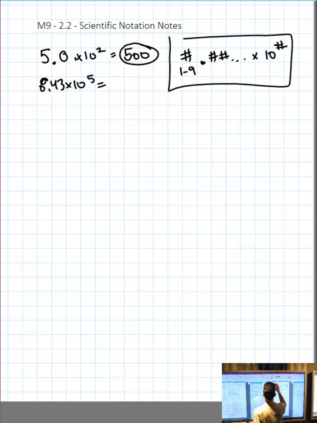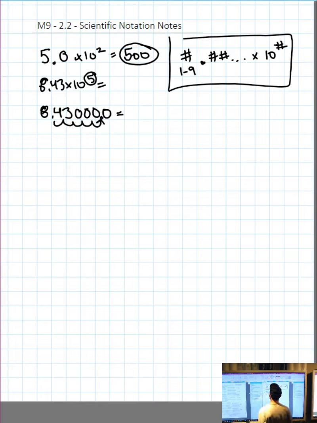So let's do that. I'm going to rewrite the number below, 8.43, and put a bunch of zeros after it. Then, because the exponent is a 5, move the decimal 5 to the right. So 1, 2, 3, 4, 5. I'm going to put an arrow there, and put the decimal there, equals. So I'm going to write that number, 843, then 0, 0, 0, then a decimal,